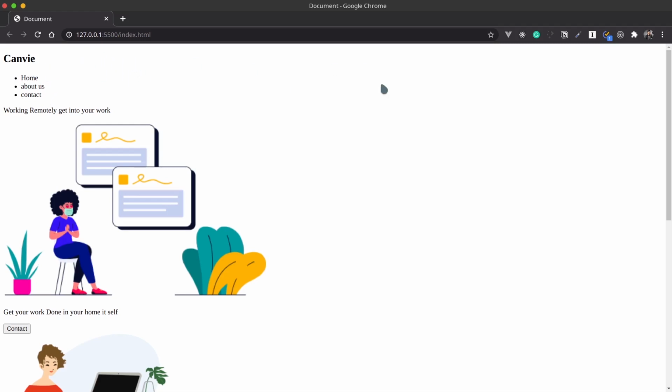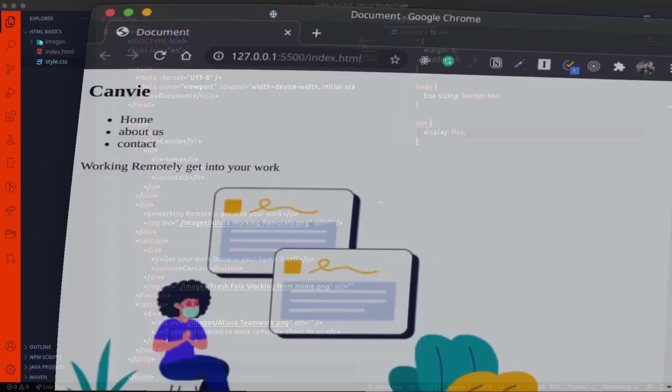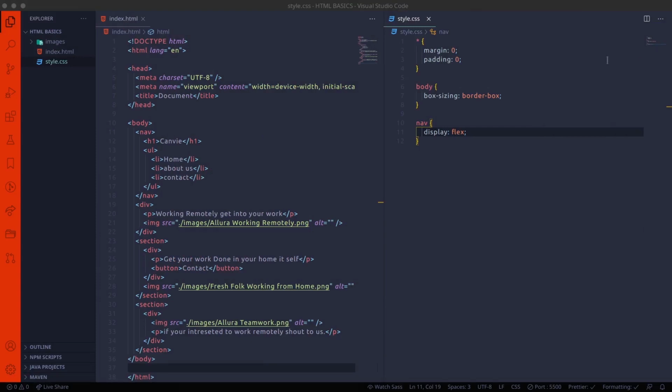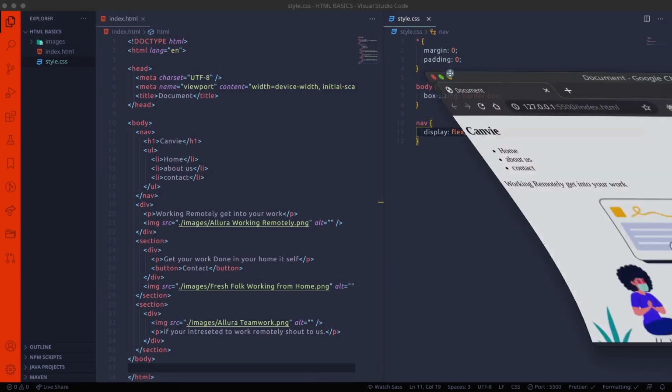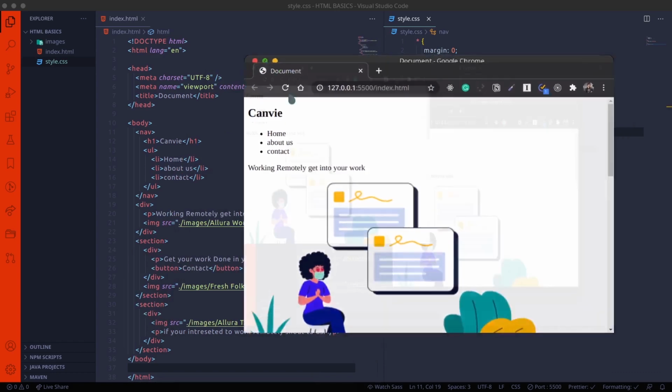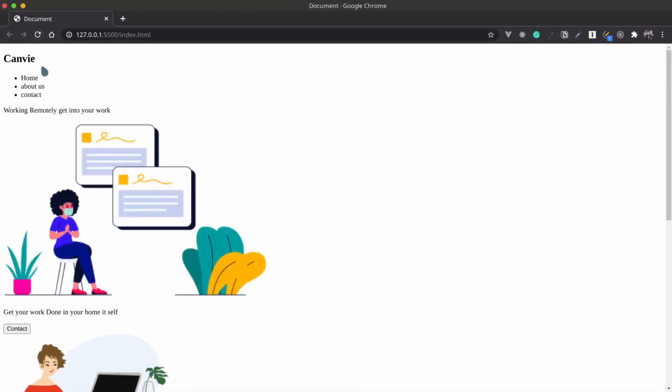This part is the navbar. The title, home, about us, and contact are in a row type, and we have to make them a column. So the title and the home, about us, and contact will be here. In order to make that, we have to use the property called flexbox.